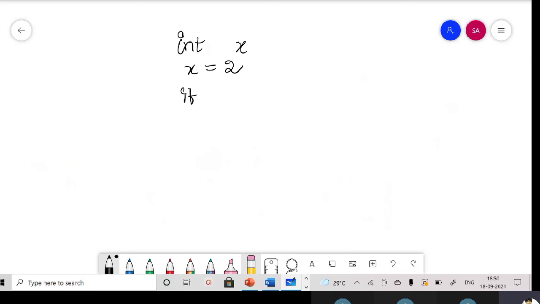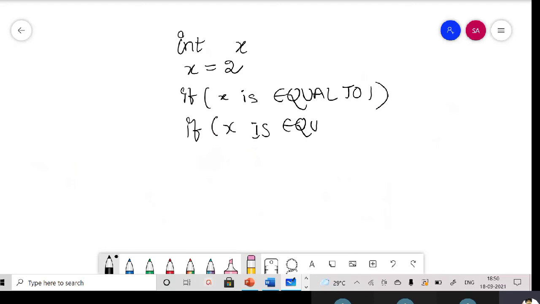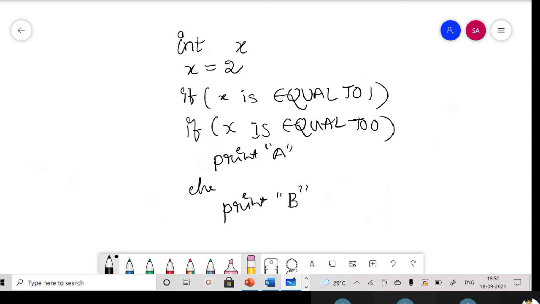And inside, I'm writing if x is equal to 1, and if x is equal to 0, we are saying print A, else print B, end of the if.